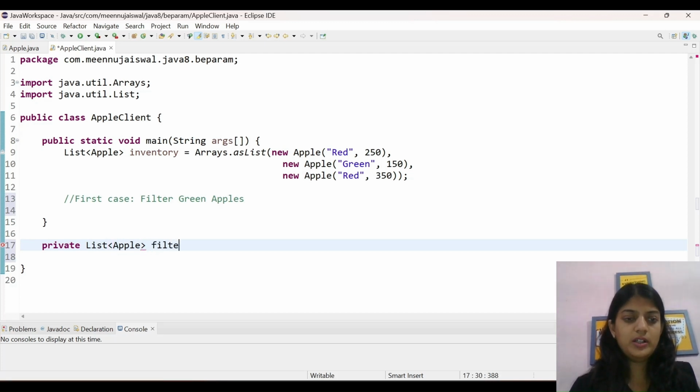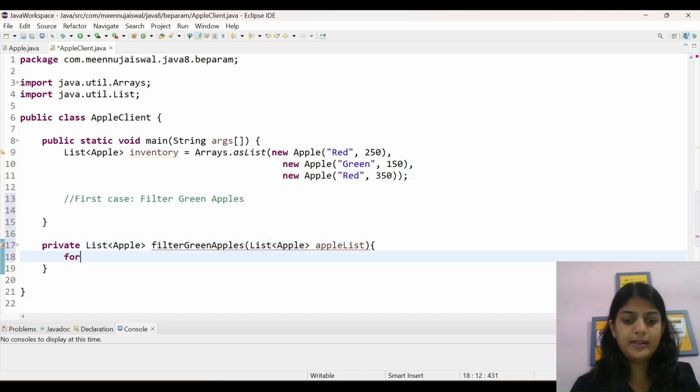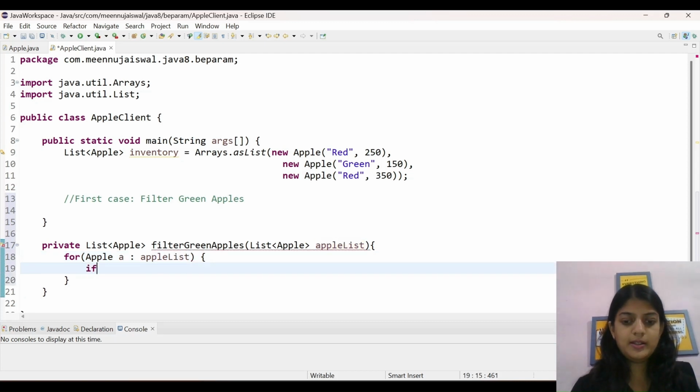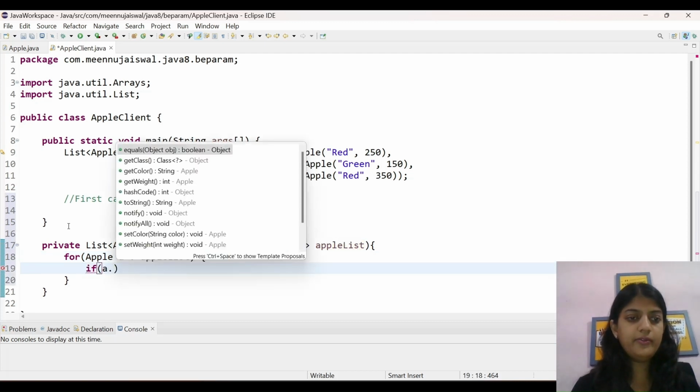So we are just filtering green apples. Here we are going to take the list of apples as the input parameter, and then we are going to iterate through the list, right? This is the first thing that would come to anybody's mind. So we are going to iterate through the list, and we are going to see if